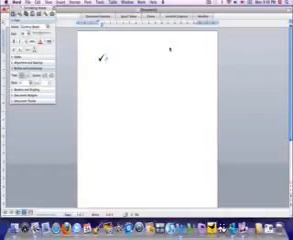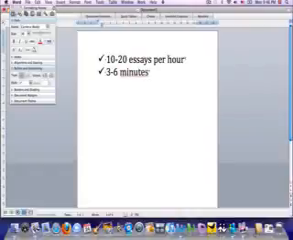The first piece of information that he shared was that he corrects between 10 and 20 essays per hour. So in 1 hour, he can correct as many as 20 essays. Now this means that he is spending 3 to 6 minutes per essay. And this may seem like a short period of time, but it should be remembered that IELTS examiners are trained professionals